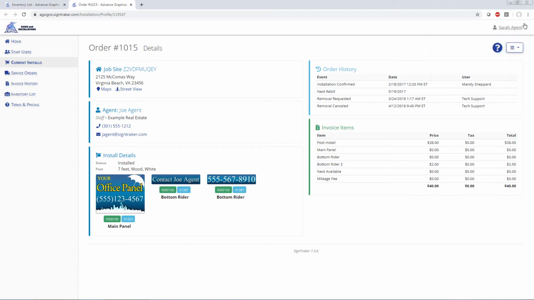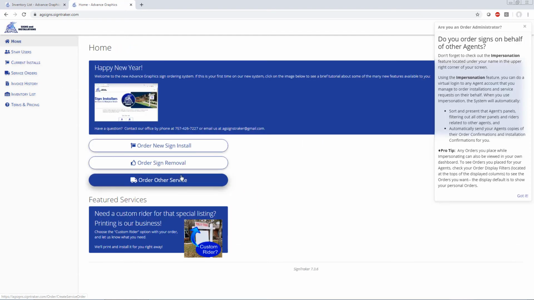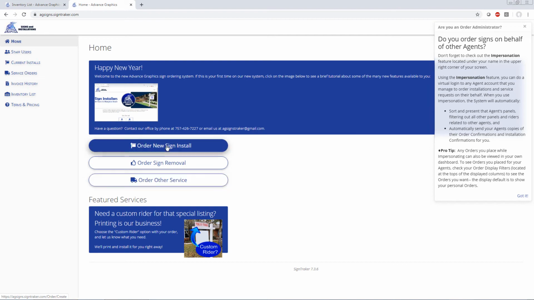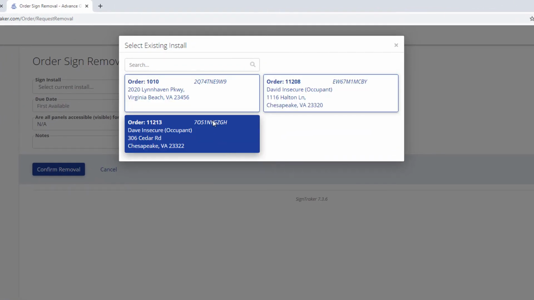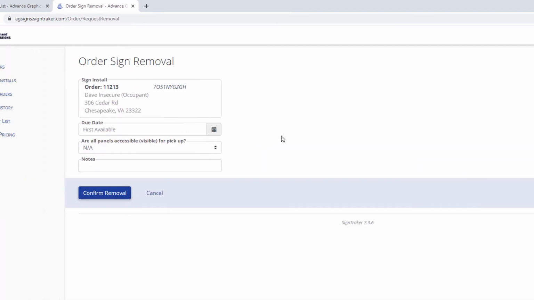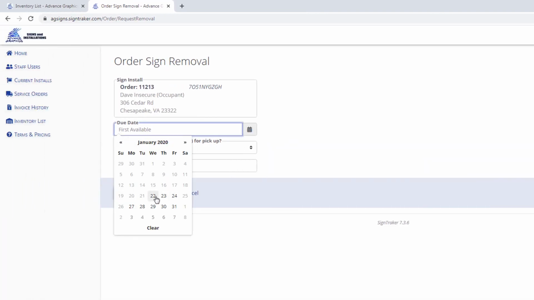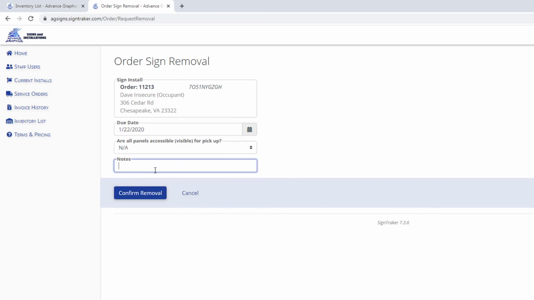The other thing we might want to touch on here is ordering removals. Very easy to do. When you click on order removal, any order that you have pending in the ground, you can just select it and choose the date that you want to have it removed. Now, we don't have the same Miss Utility requirements, so we can simply say, give it to us next day. If there's any notes,